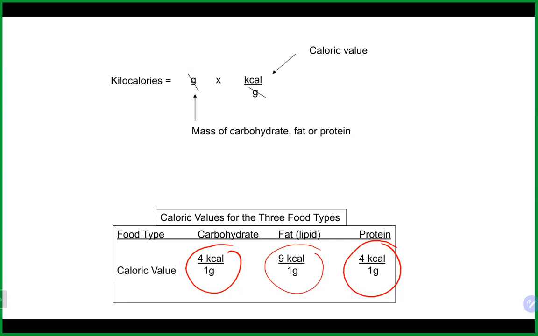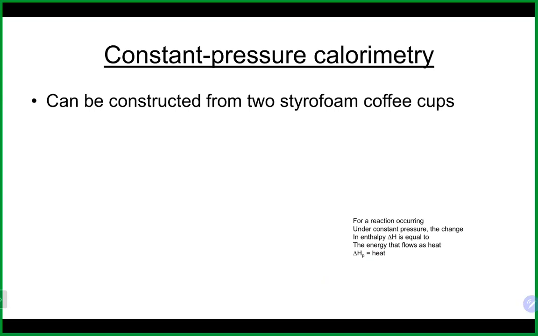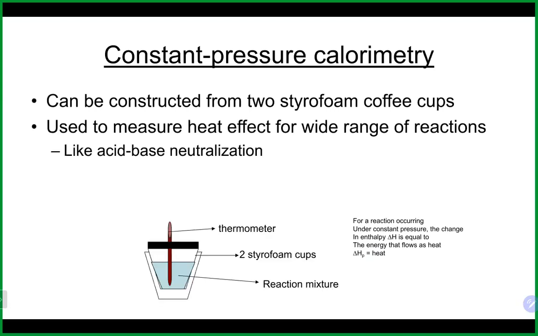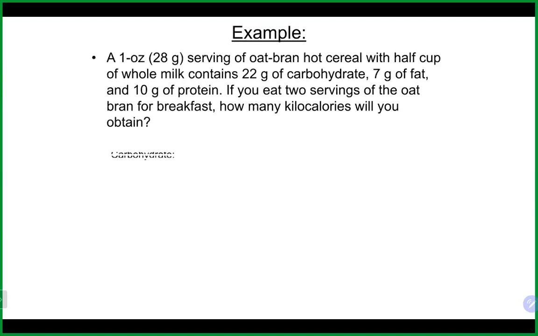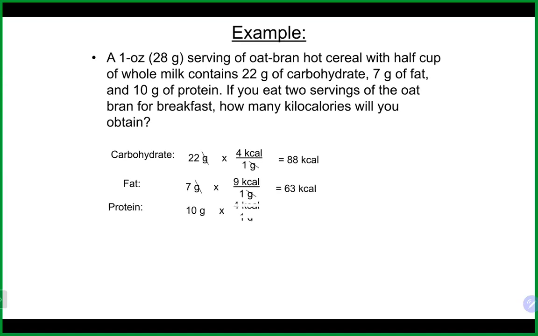All right, then we'll look at the example I got in here. We'll take a look at it now since we just talked about it. So for example, if you had some cereal and it had 22 grams of carbohydrates, 7 grams of fat and 10 grams of protein, you could multiply each of those by their caloric value, and that'll give you the contribution of each of those to the overall calories. And if you add them together, for example, here in this cereal with some milk, it's 191 kilocalories, which is